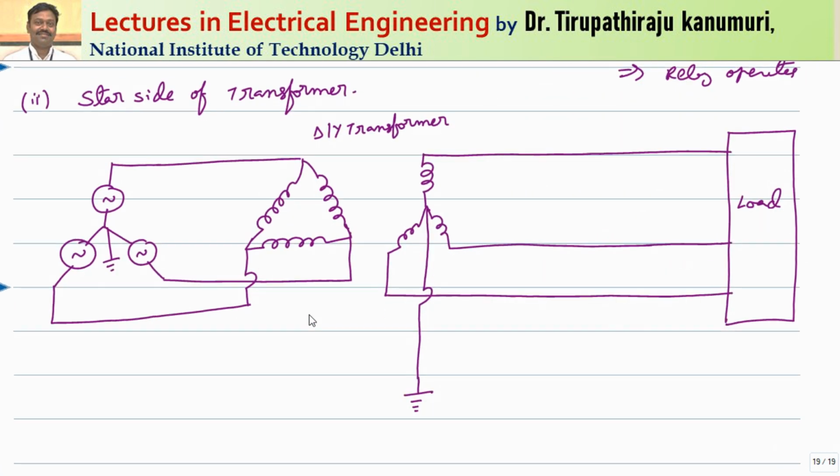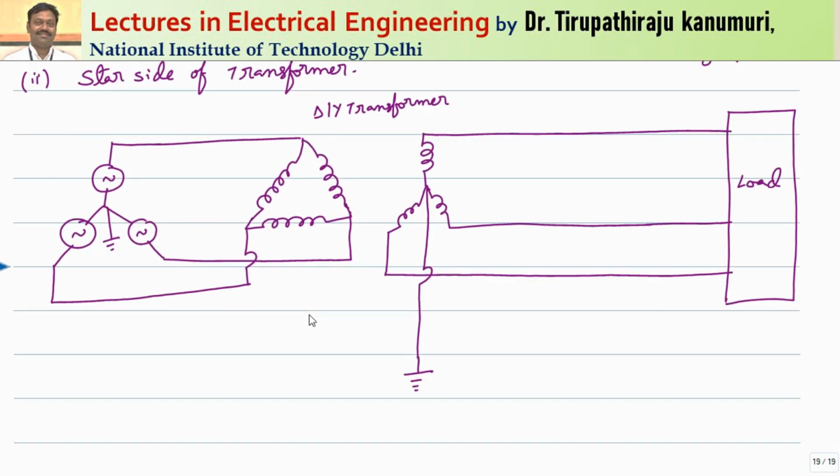So let us see the case if protection is done in the star side. How is the restricted earth fault relay going to operate? Let us assume there is a star connection. Because this is in the secondary side of the transformer, any relay provided here is going to cover the entire area from the star connection up to the load. Agree with me? So let us assume I am providing my relay here. I am providing my CTs here. These CTs, as discussed before, will be connected in a similar way in parallel.